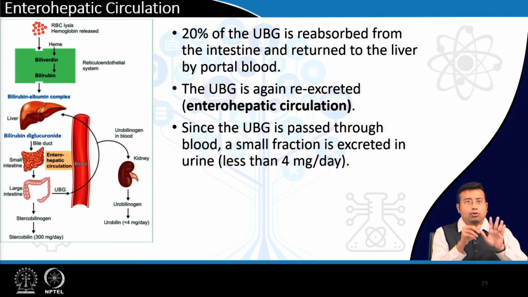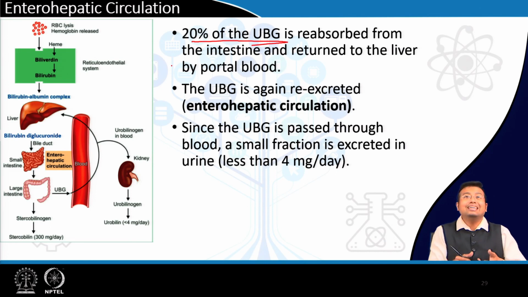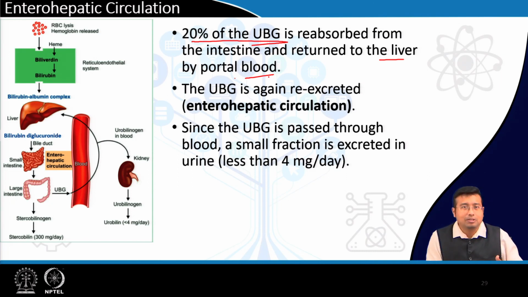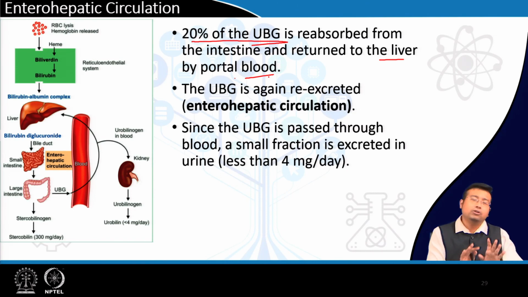So, this urobilinogen, when it is formed, 20% of it is actually reabsorbed from the intestine and returned to the liver via circulation, that is portal circulation. That is a different branch of circulation with blood vessels, totally different from the systemic circulation or systemic blood vessels that are supplying the gut, okay. So, portal circulation is generally a circulation shunt between the intestine and the liver. We do not need to go into the details of the anatomy, but know this,